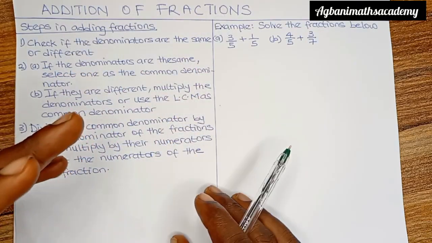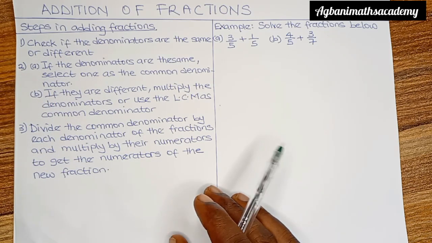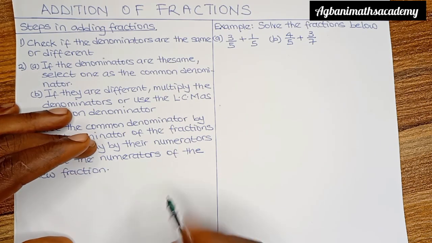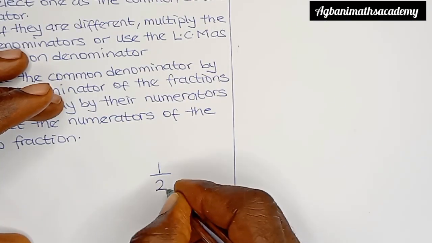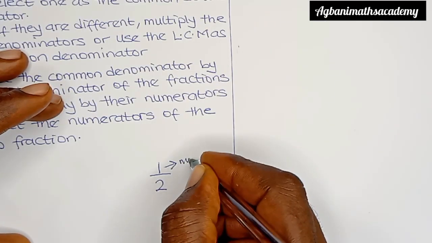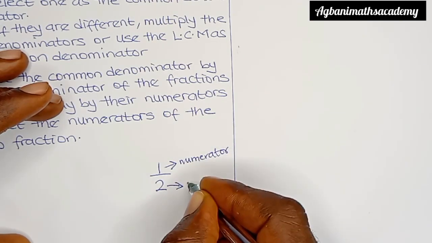First thing we need to know is that a fraction is a part of a whole number or a whole object, okay? And it contains two parts: the part above the division line and the part below the division line. For example, if we have 1 over 2, this part is called the numerator and this is the denominator,